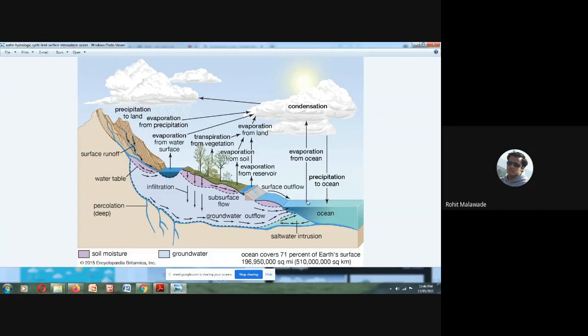Now, whatever the ocean, sea, or rivers are there, we are going to have 97% of the ocean, and the rivers and all these things. Due to the temperature, it is going to evaporate and result in cloud formation. And due to the condensation of the cloud, we are going to have the precipitate.